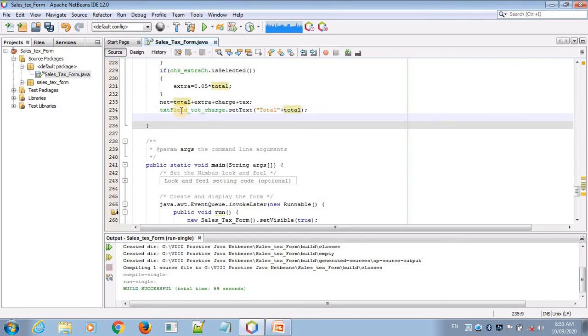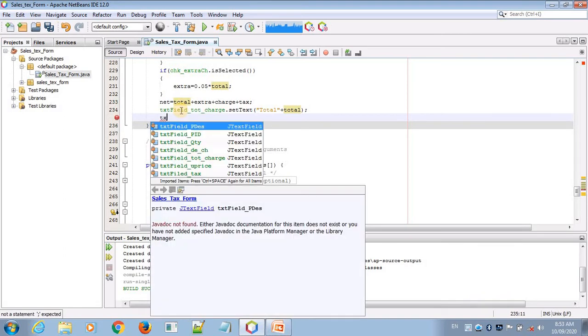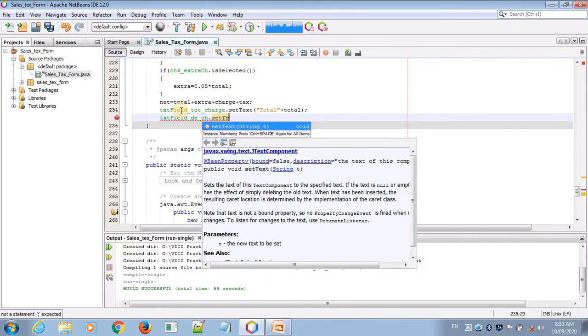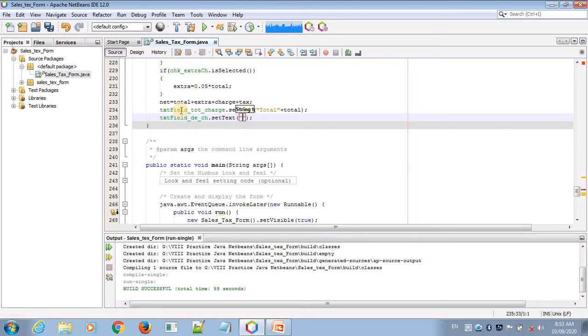Okay, similarly, now we are using the next one for the delivery charges. So it will be the charge text field, txt. It is for the delivery charges, dot setText. Here write charges, and the class charge.